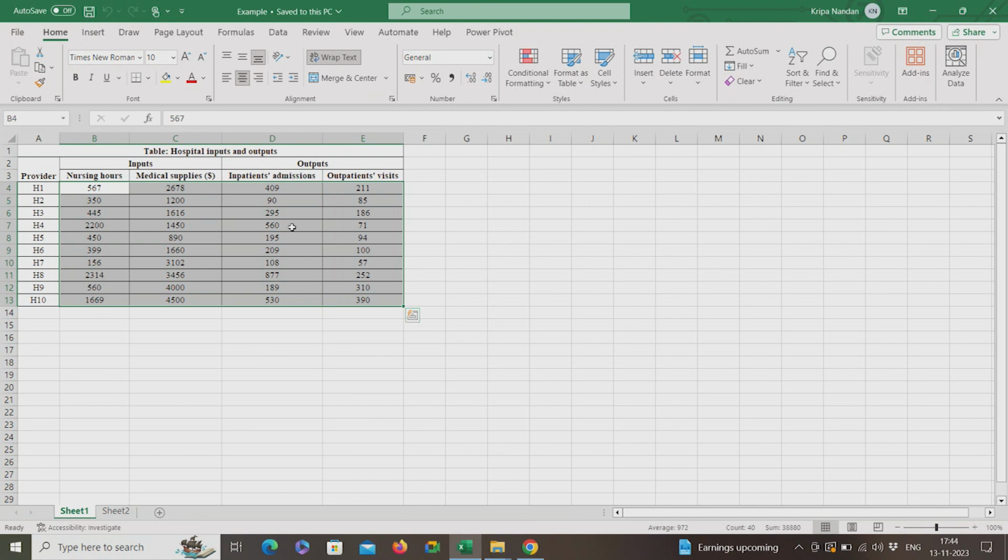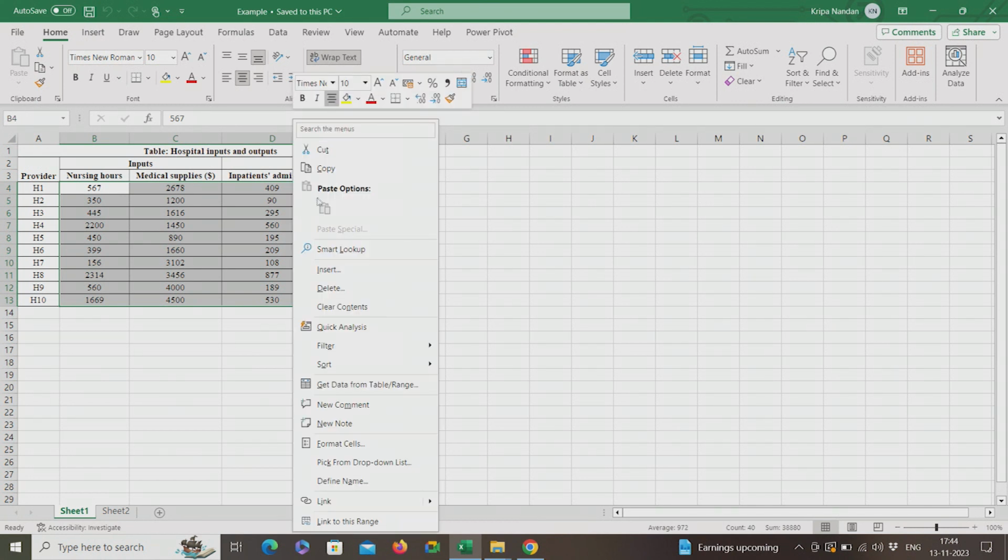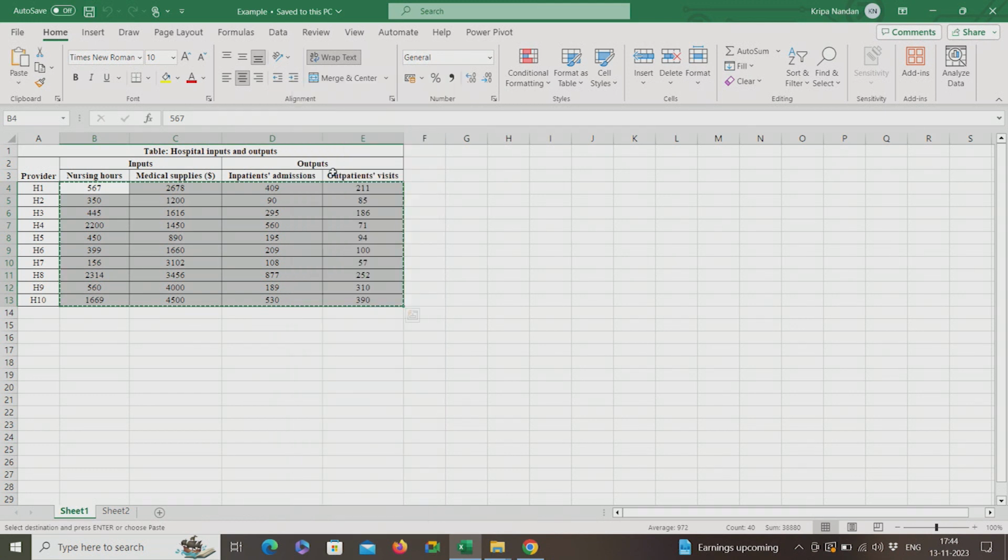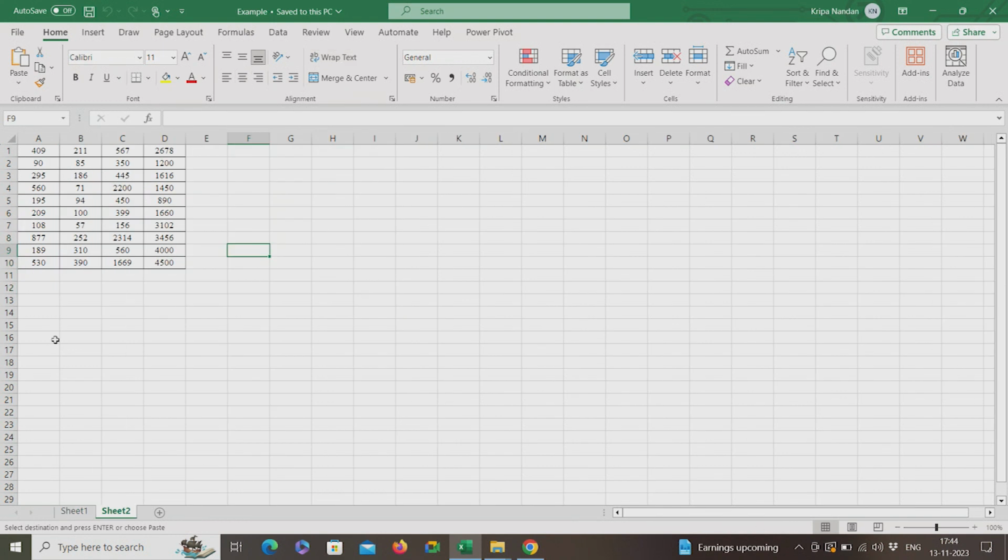We have copied it, and you can save it in a notepad file. So here it is, this is what we have copied, and we will save this as our data file